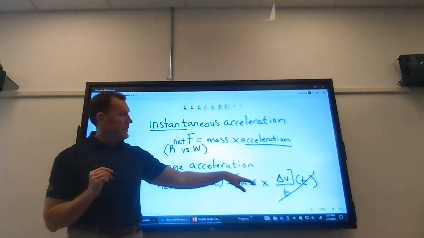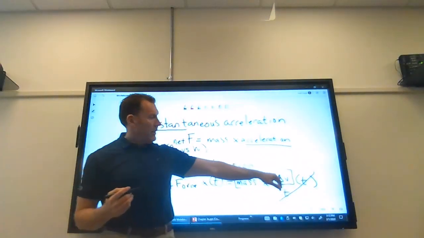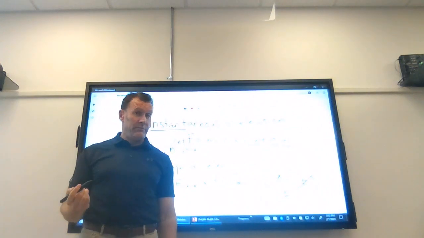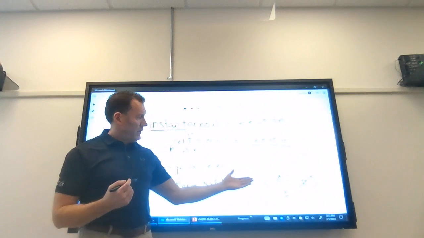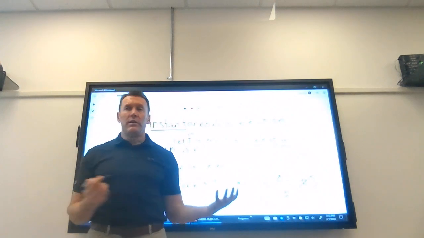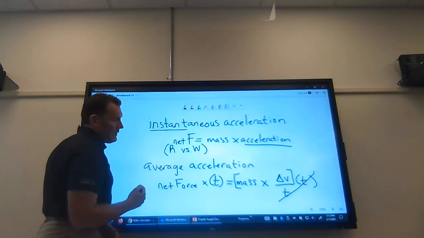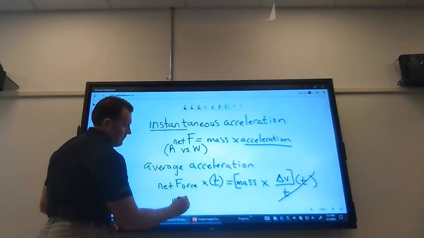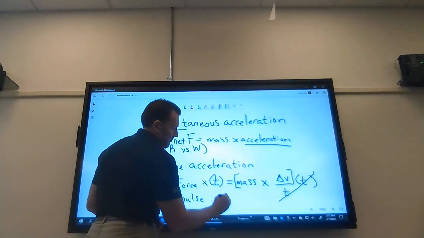So mass stays constant, but if you have a constant mass that has a change in velocity, then you're going to have a change in momentum. Speed up or slow down, you're going to have a change in your momentum. So this is where we come into this concept. It's called the impulse momentum